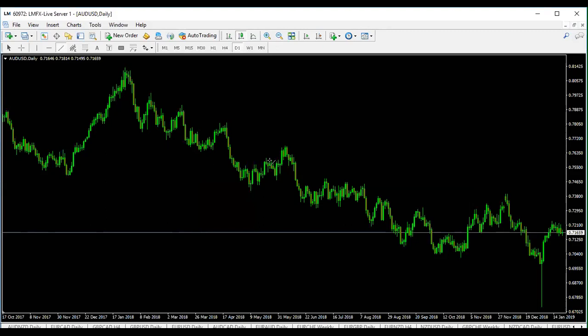So right now, we can see that we are obviously in a downward market. Even if you've never traded before, you can ask anybody, hey, where does this look like it's going, up or down? And they're going to say down. So one important thing about trend lines is that